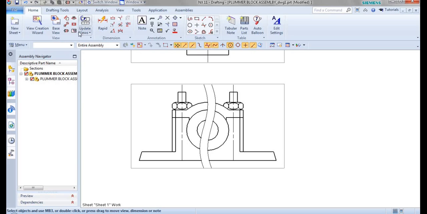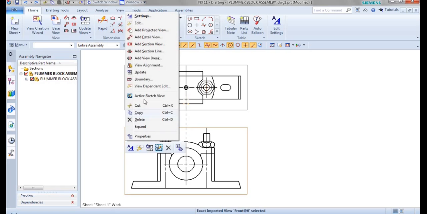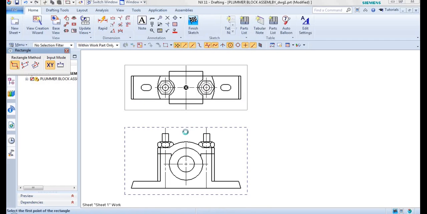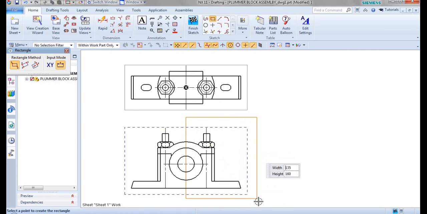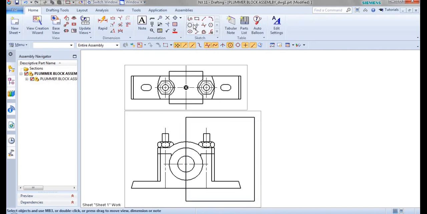Then next we have breakout section. Let us see how to use breakout section here. So before creating a breakout section, I should create a drawing over here. For that, I'll activate my sketch first. Right click on your sketch and give it as active sketch. And here I'll be drawing a simple rectangle for you. Like this. And then give finish sketch.